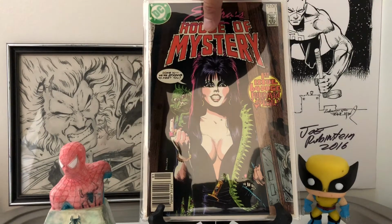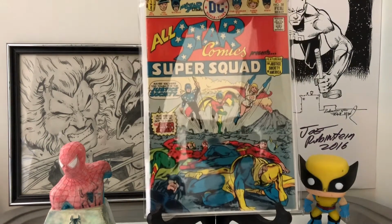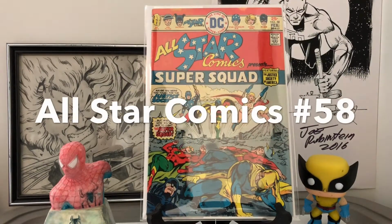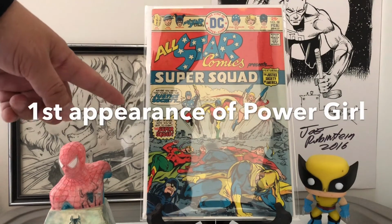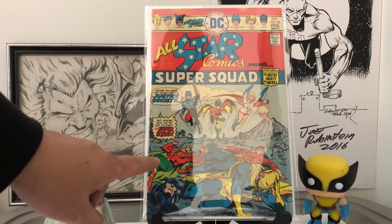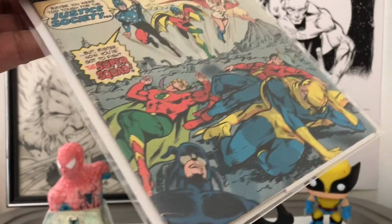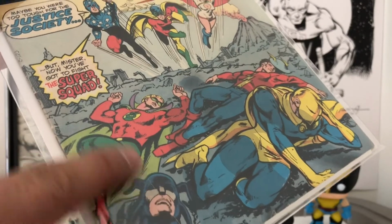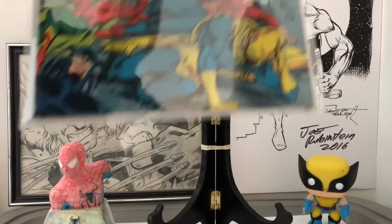All right, let's add some more here. This one I bought for $26, and this was an eBay buy. Got this a little while ago. Not such a high grade, because it's got quite a bit of spine text, and sorry for the glare, there's a crease there, breaking color. So not a high grade, but this is the first appearance of Power Girl,